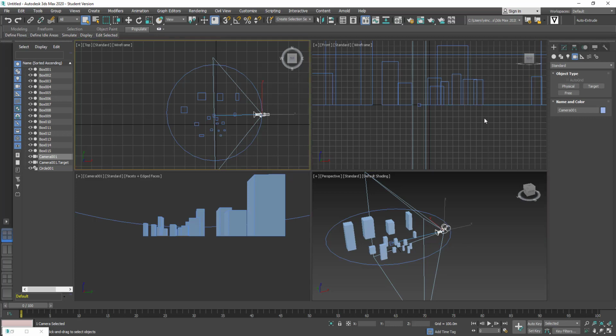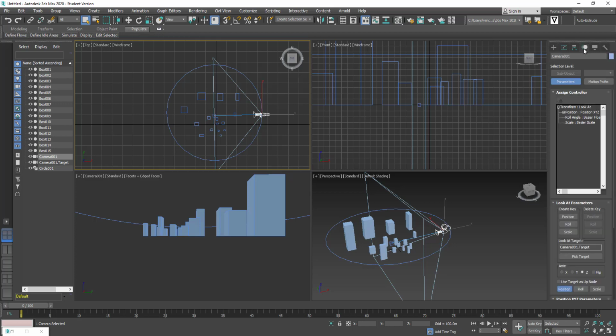Select the camera, and then we need to go into motion, just this fourth one along here on the right hand side, and we need to modify the assign controllers, because the assign controller is what dictates how this camera moves. Now, the one in particular, we want to change the position